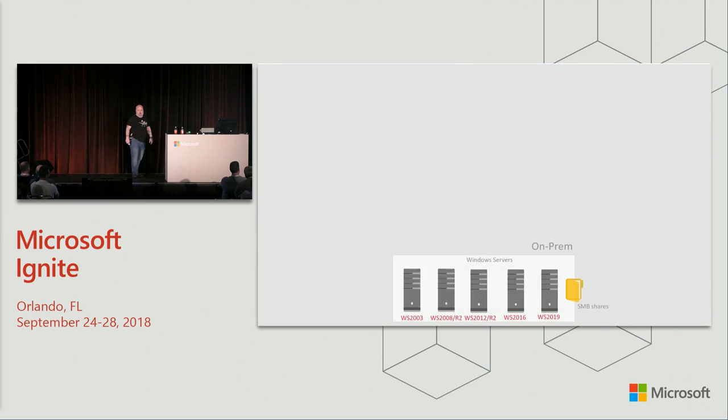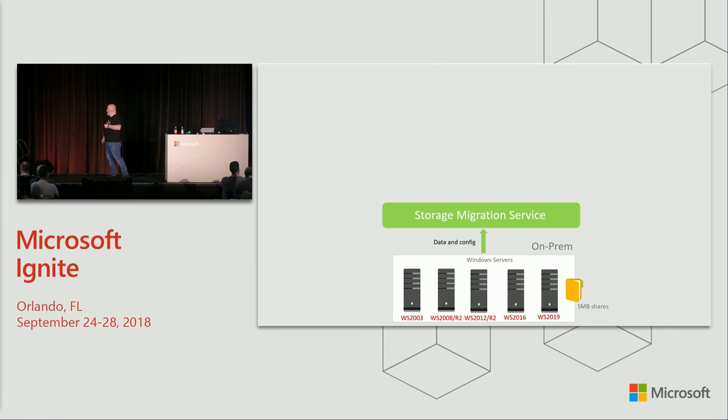Now, what is this thing going to migrate? To begin with, it's going to migrate Server 2003. Yes, 2003, with its SMB1. 2008 R2, 2012 R2, 2016, even 2019, if you wish, as a source. It will migrate SMB data for now, and we'll talk about the future soon, through the Storage Migration Service, getting your data and config, and it'll put it into, hopefully, a brand new, nice Windows server running, say, the